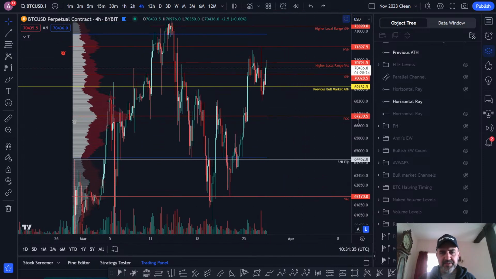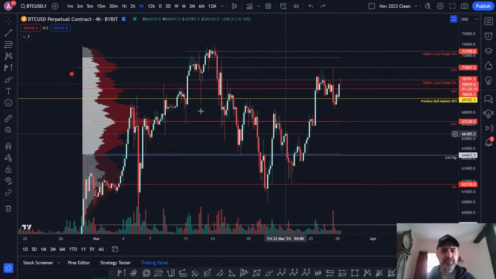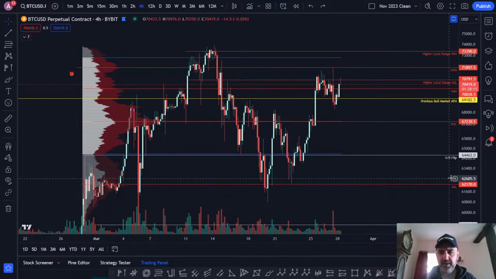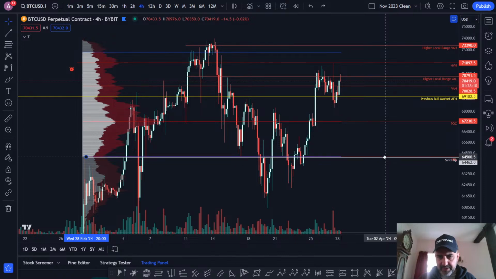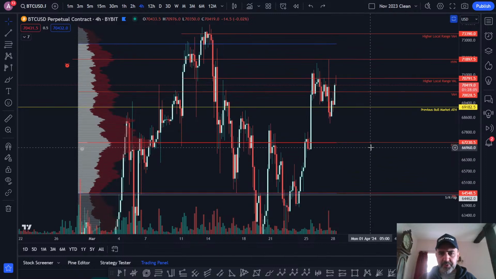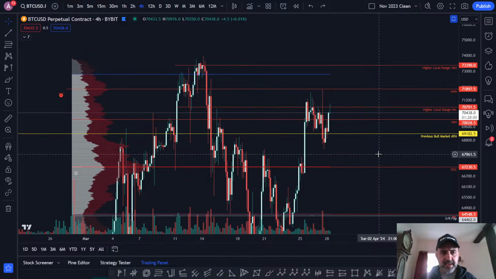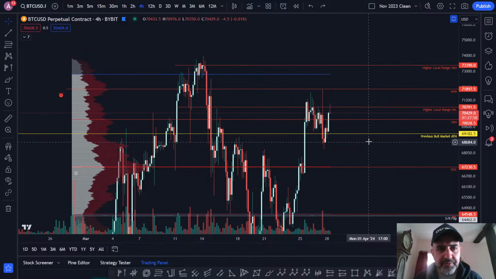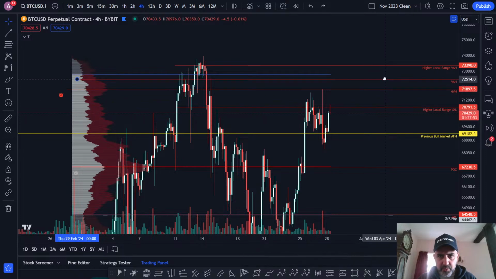Okay, this is interesting. So you can see a change now. I've done a new volume pool on this whole range. The value area low has now moved up. It's shifted up to just above this SR flip. The point of control is pretty much where it was. And now the value area high has moved up too, all the way up to there.